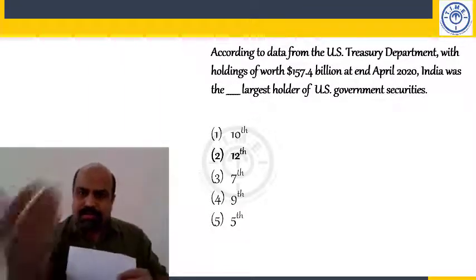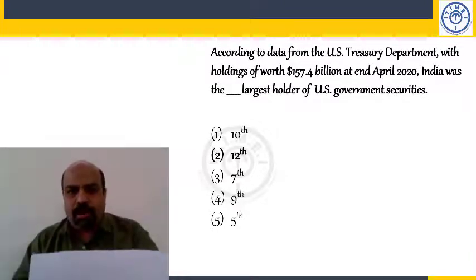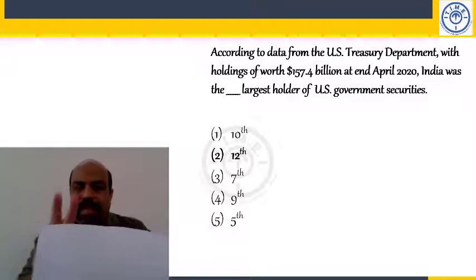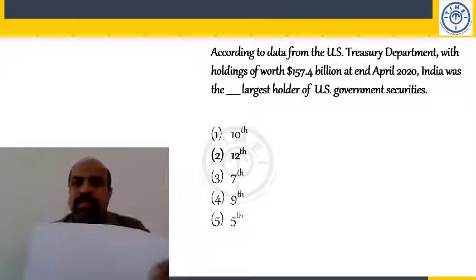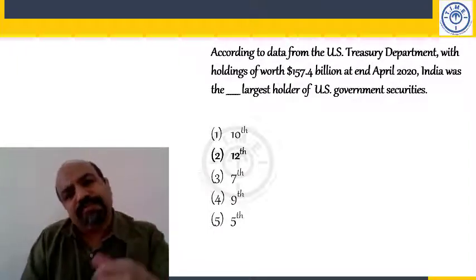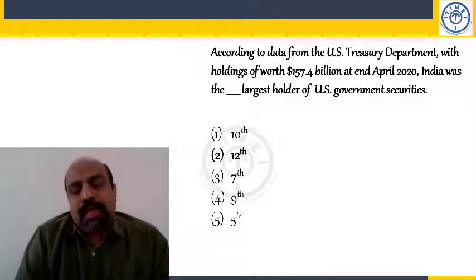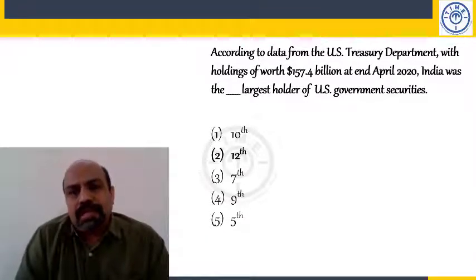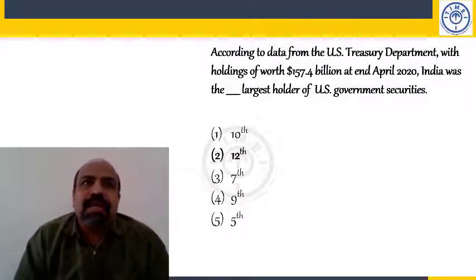Let's say I'm America, you are India. Give me $100, I will give you this bond. This bond carries an interest rate of 2%, and the maturity period is 3 years. So in 3 years, I will pay it back with interest of 2%. That is what it is. And see, the earnings aren't great, but it's important that we lend money to the Americans, because Americans don't have